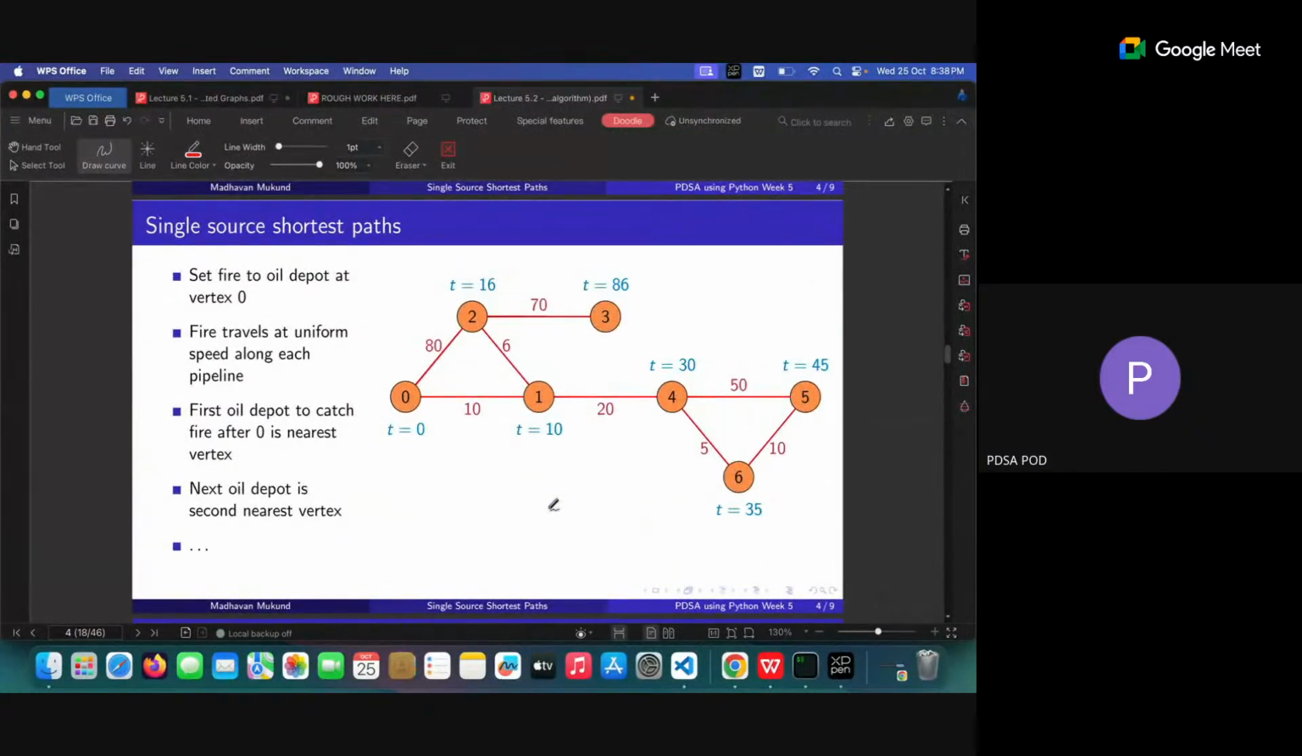So you can look at from 0 to 5, it is 45 total time of travel, or from 0 to 3 the total time of travel is 86. From 0 to 4 the total time of travel is 30. So this is simple, which I explained to you earlier. The same thing is carried here. And then we go for,